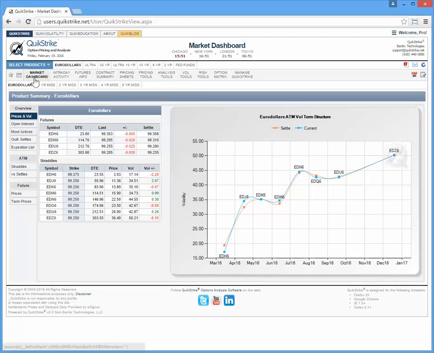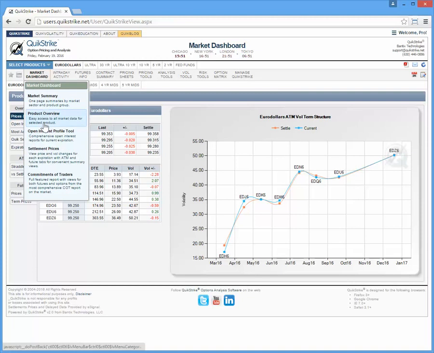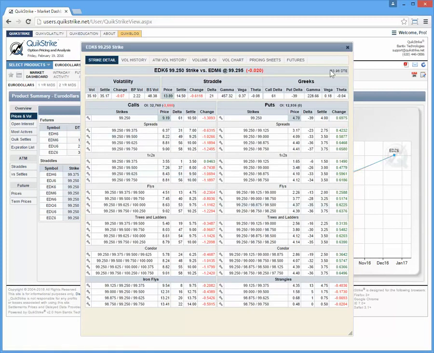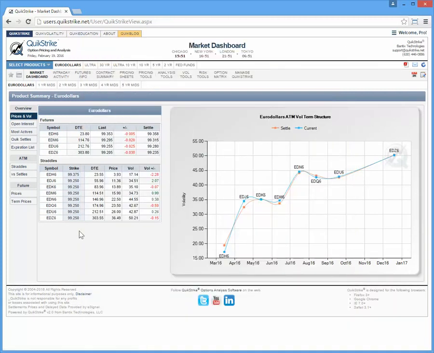But before we get started, let's just spend a little time reminding ourselves where we are when we enter Quick Strike for the first time. We've just logged in and we're landing on the Market Dashboard Product Overview page. Remember, we can click on symbols that are futures or expirations. We can also click on strikes here, click on a strike, and we get some details about that strike, right? So just remember, keep looking around, watch the videos. We're always going to start off with a little bit of reminder of where we are, and then we'll get started with the rest of our video. So let's get started with